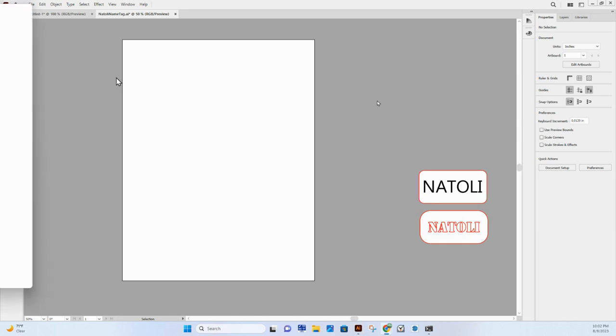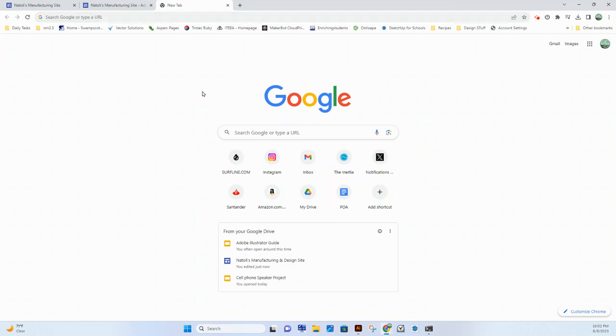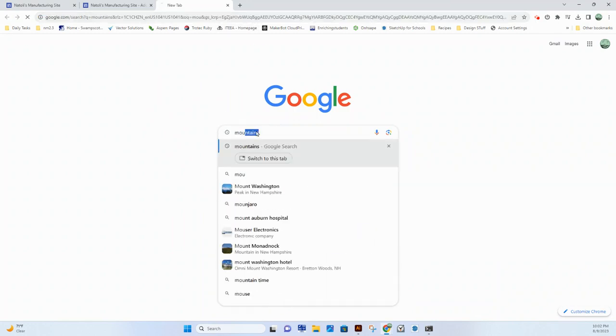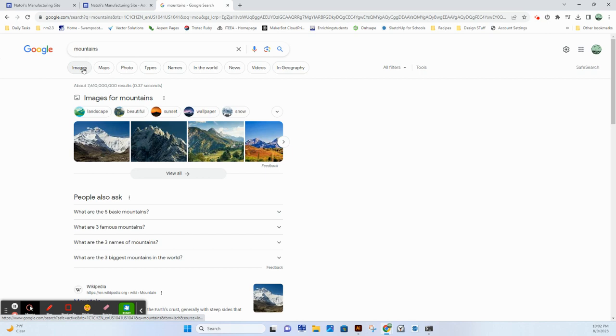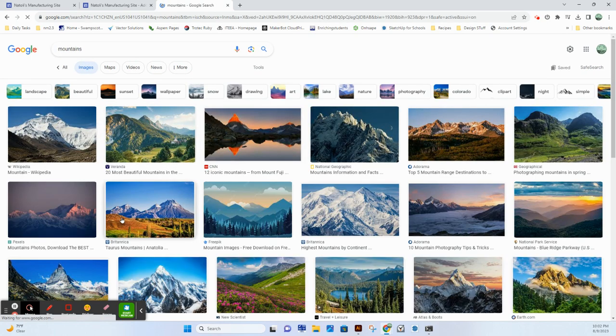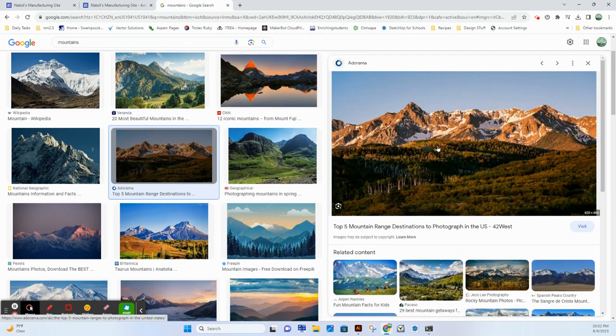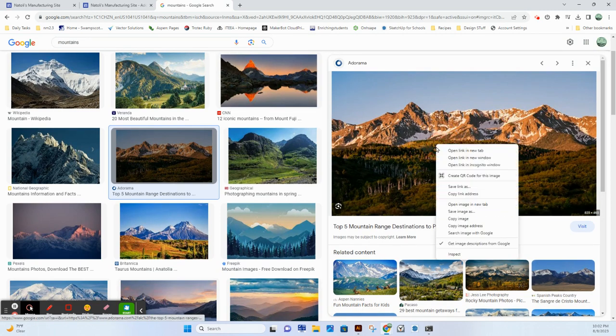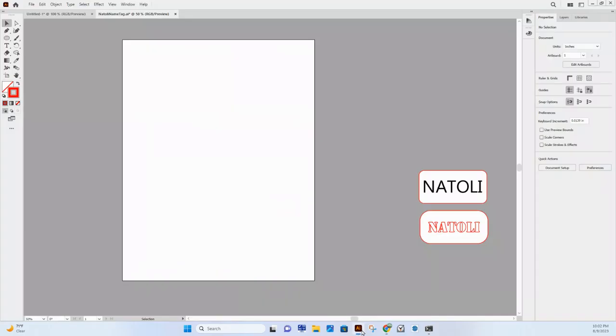So what I will do is I'll just pull up Google. You can get any image. I'll just type in, let's say, just take some mountain, for example. I'll go to images. Let's find one. This looks good, so we'll take this one. All I need to do here is if you right click, click copy image, and you go back to Illustrator,